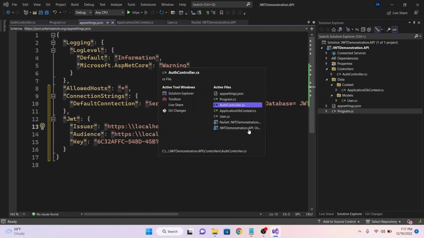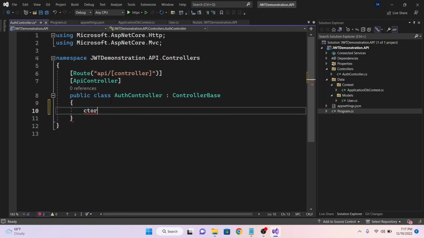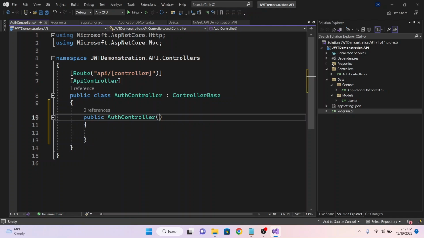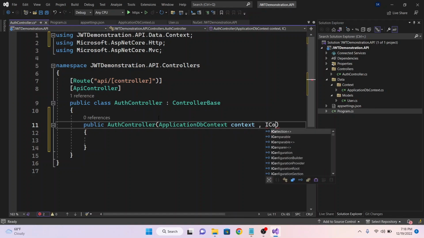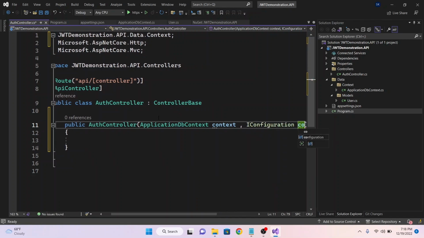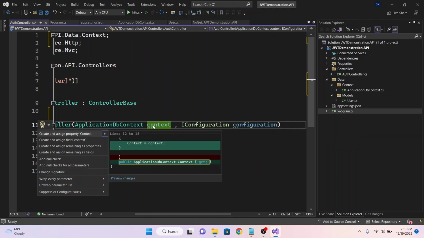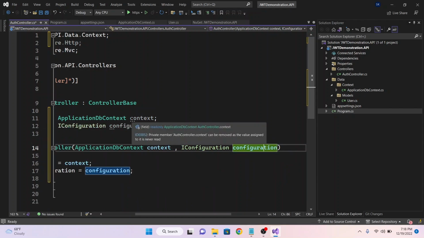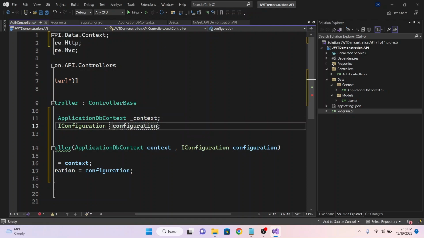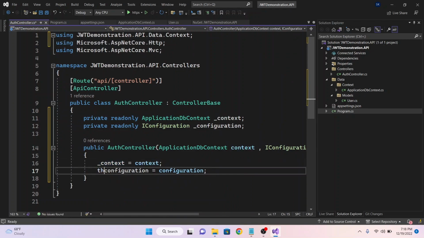So we'll do the same here. We'll go to our controller, and we're going to inject these dependencies in the controller. So we're going to say ApplicationDbContext for the context, and we also need to have the IConfiguration. So those two will give us access to the database and the JWT files respectively. So let's bring in the field for that. Like so. I love to put underscores for easy distinction between the two. But you could do whatever works in your